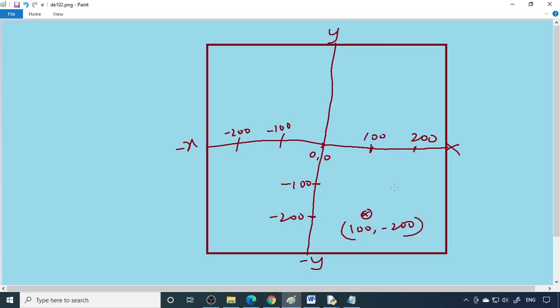When the turtle starts, it's at the home. So it's at the center point, and that center point is 0, 0. X is 0, Y is 0. We always represent it by x comma y. What is the x value, what is the y value, you can also assign that, which we already saw actually. So the basics are very important. Positive y is on top, negative y is on the bottom, x is on the right side, and minus x is on the left side.